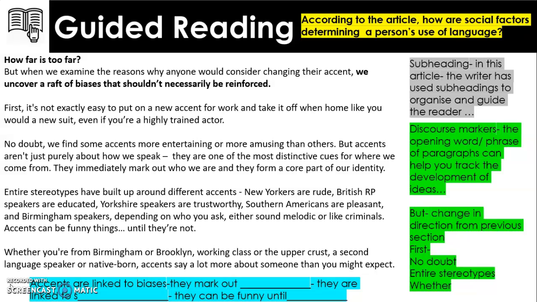Okay, so we're picking up at the article, and actually there's a nice graphological feature that we haven't seen in the articles we've looked at in class so far, but is a part of this one, and that's the use of a subheading. So as you can see, we've got this, how far is too far, this interrogative that works as a subheading within the article. Now this is an organizational device. It says over here that subheadings can be used to organize and guide the reader.